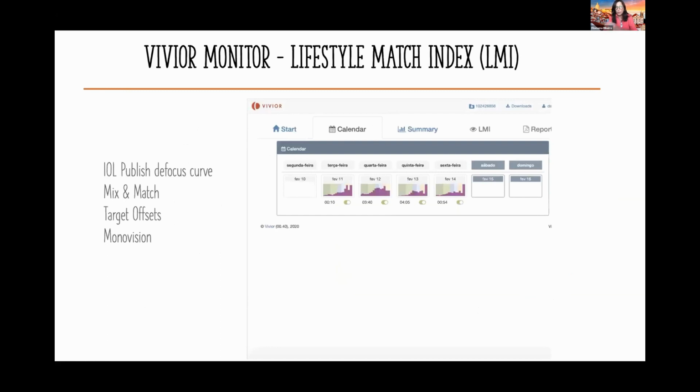I would like to show you some examples of these. And the important thing here is we have the perspective of the visual needs of the patient, but we need to match it with the defocus curves that we know from the different kinds of IOLs that we have.